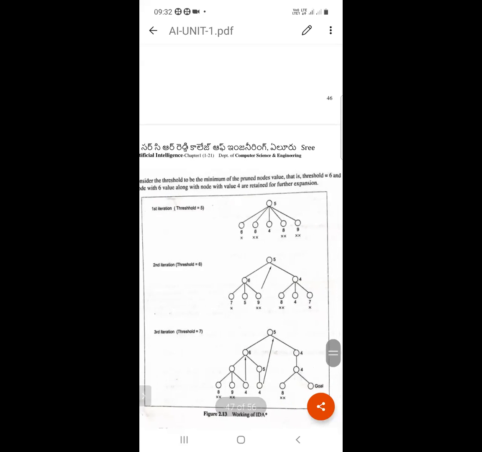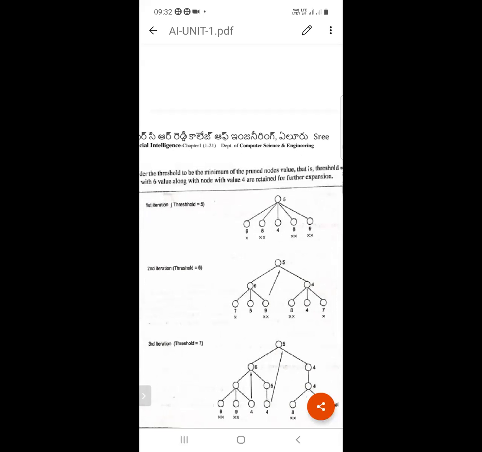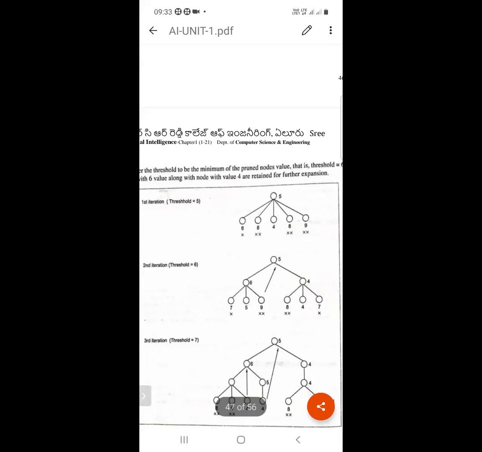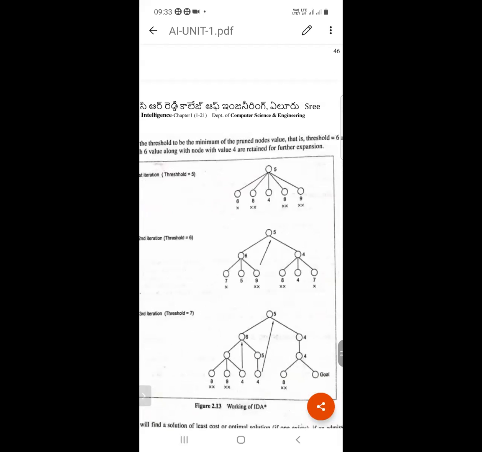Here threshold value equal to 5. Second iteration, threshold value 6. Third iteration, 7.